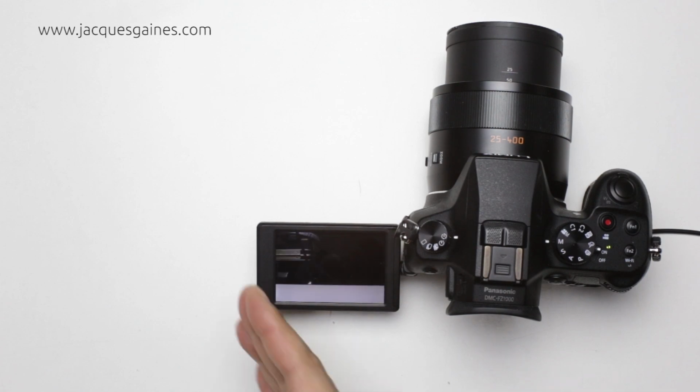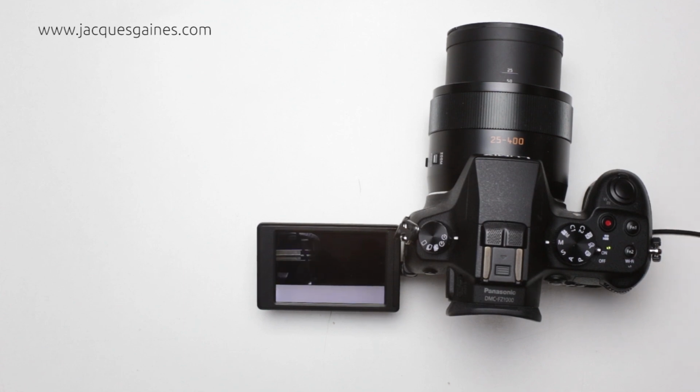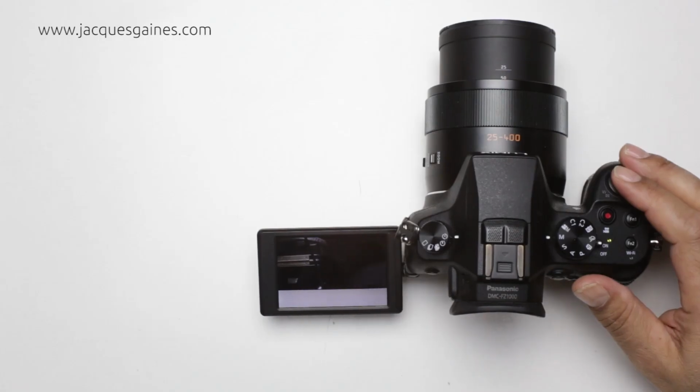To save power, you're best to shut your screen and probably buy the DC coupler like I have right here, which basically makes your camera an AC compatible camera, and you don't need batteries. When you're working with time-lapse, it's always a good idea. Once you've finished your interval, let's say you've done 2 hours of time-lapse animation and you're ready to stop, what